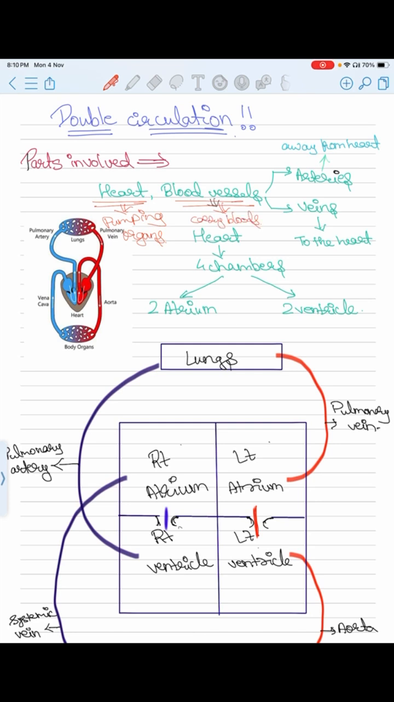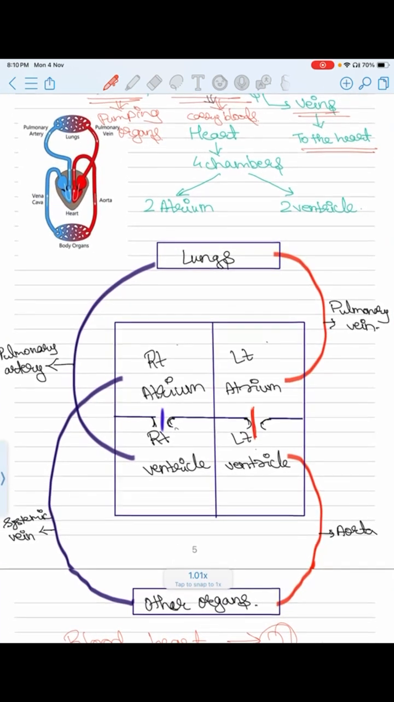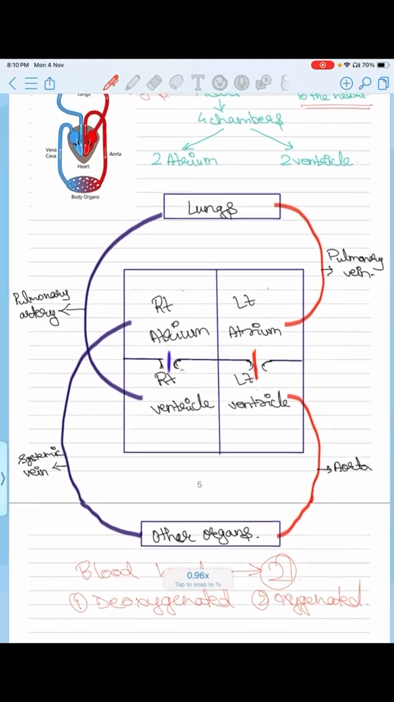We have two types of blood vessels. First are the arteries, and second are the veins. Arteries mainly carry blood away from the heart, and veins carry blood to the heart. Now, to understand how the circulation takes place, let us see this